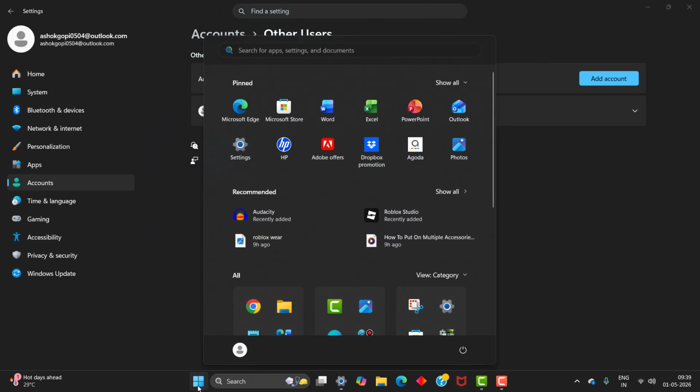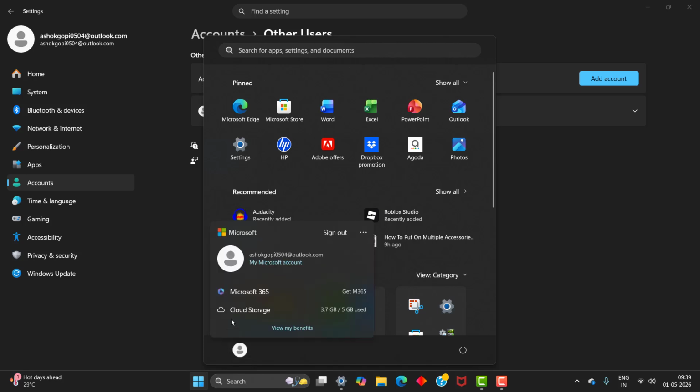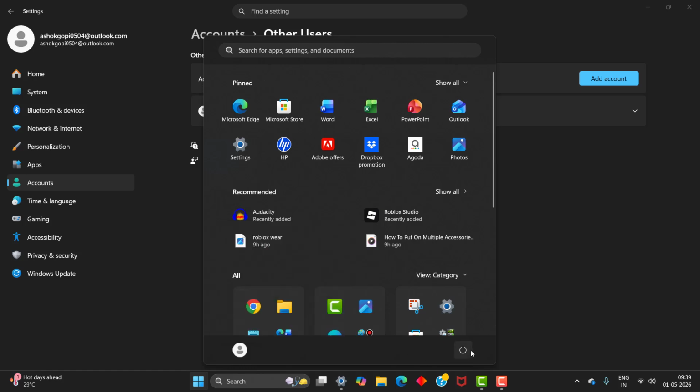Before restarting, it will not show in your profile. So you need to restart your PC, and after that you can open, it will show. Okay, now you can see it's not showing in your profile, so you need to restart your PC. Then after you can open and check, it will show. So this is how to